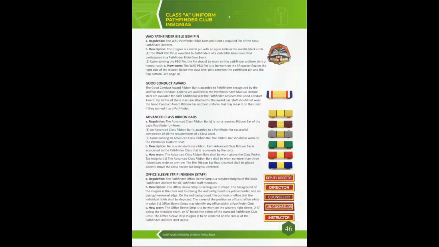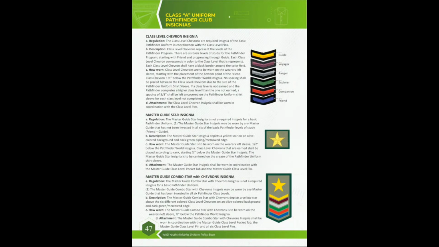So this is the chevron insignia for Pathfinders. So you see, a Pathfinder can have a chevron, but he can have one at a time, depending on the class that he has covered. The class he covered, he can have it, but he cannot have the star, because the star is for the master guide insignia. This one is for master guides. But for an adventurer, he can have the class level chevron insignia every time he passes a class. You can give him. He can buy it and he can have it, or she.